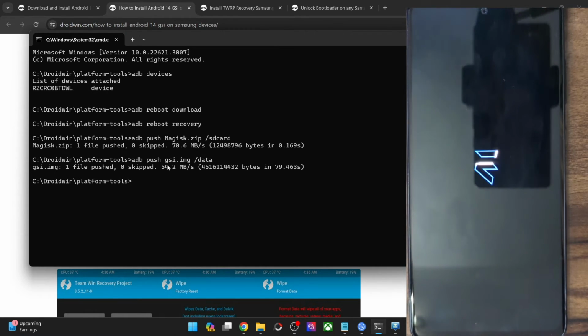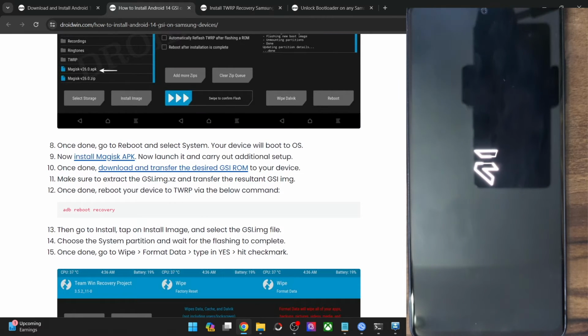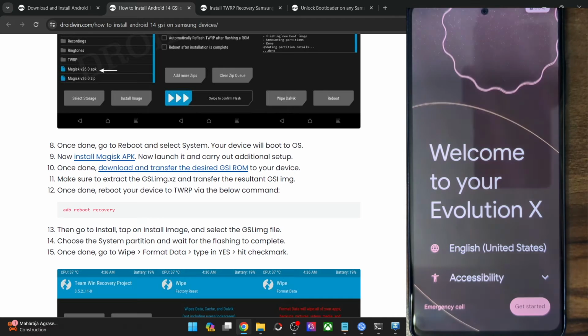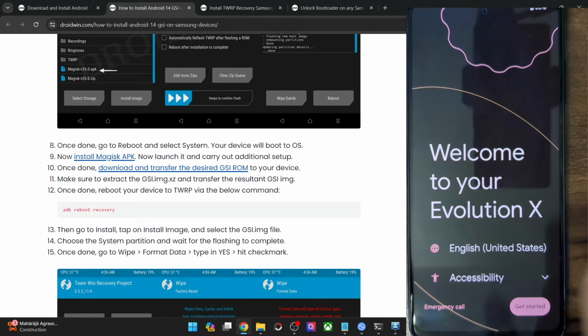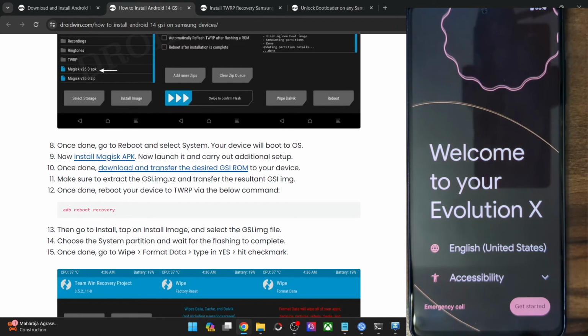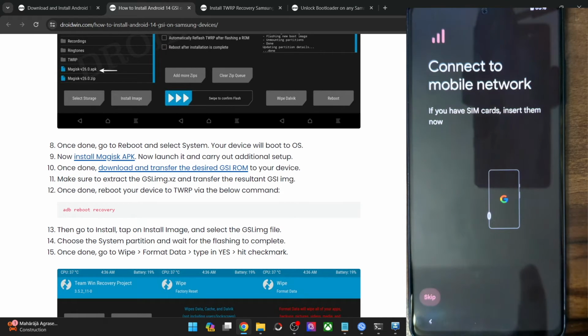It is the latest Evolution X ROM based on Android 14, and it's a new boot animation this time around because it has just done its 5 years. And we will now check out the ROM features as well. Let's just give it a few additional seconds to boot up. So guys, we are now inside the setup screen, as you could see. So let's get started. As of now, I'll skip the initial setup process.